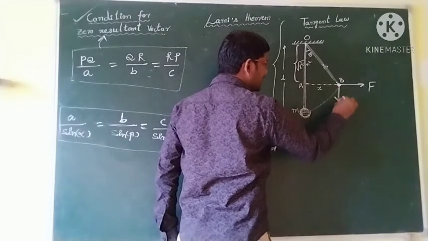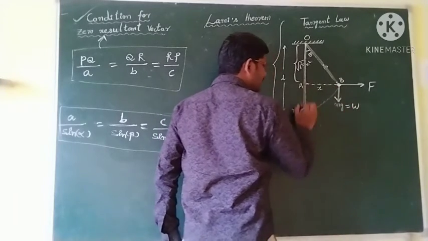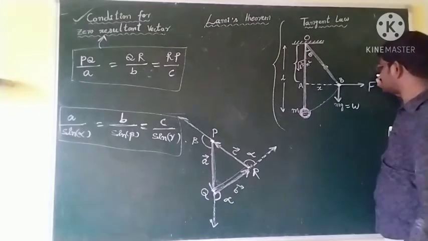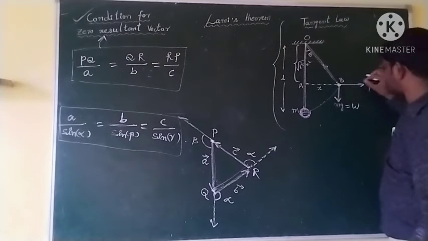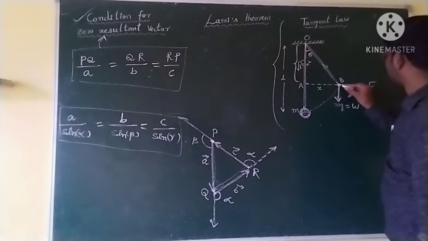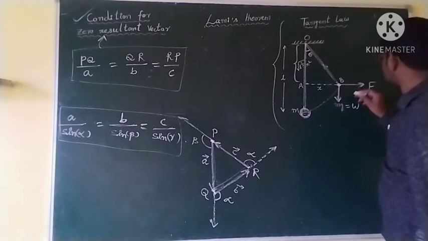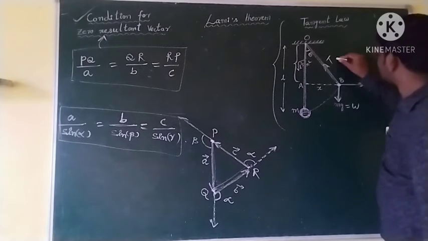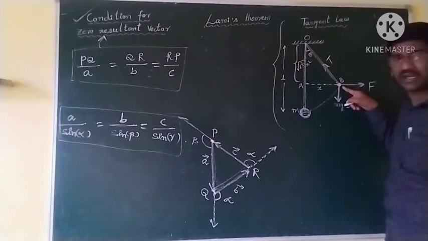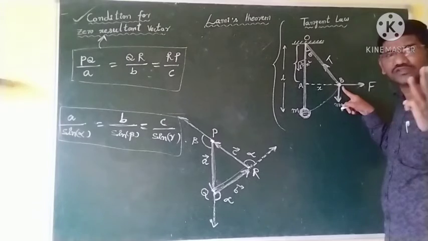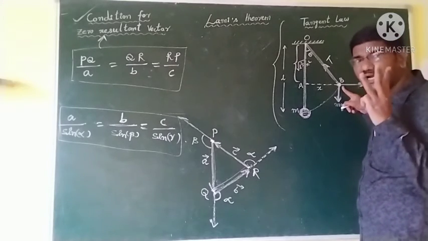So its weight is acting in the downward direction. We just pulled and we left it. We pull it to here and we are just keeping it. So with a string or something, we pull it like this. Weight is acting downward, the horizontal force is in this direction, and tension is in this direction. So three forces act on the particle and keep the particle at rest.